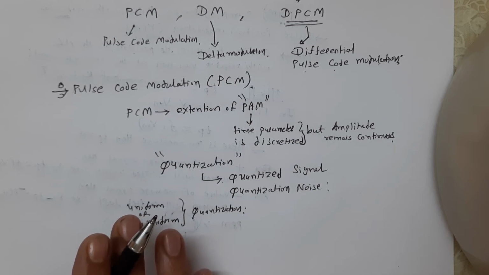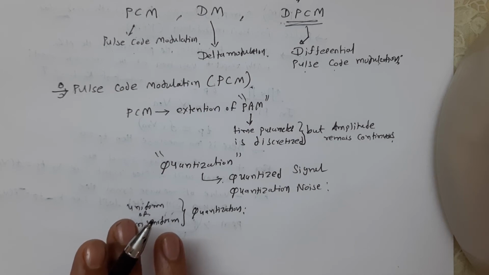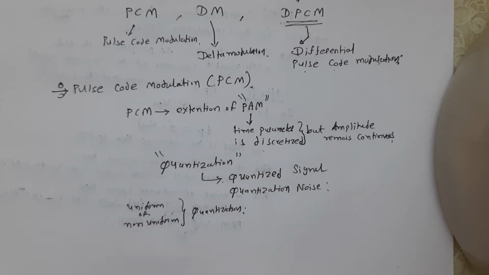However, non-uniform quantization is relatively difficult to implement compared to uniform quantization. The block diagram of the generation of PCM signal is given as